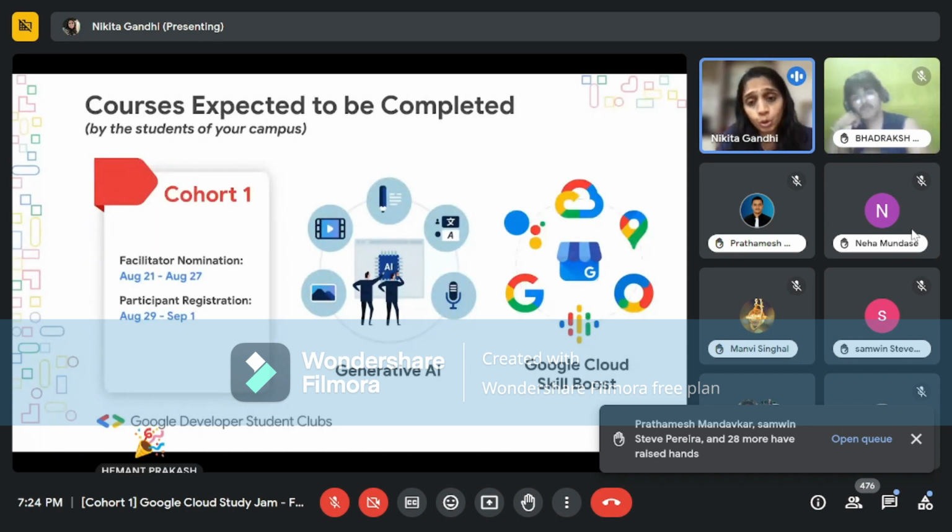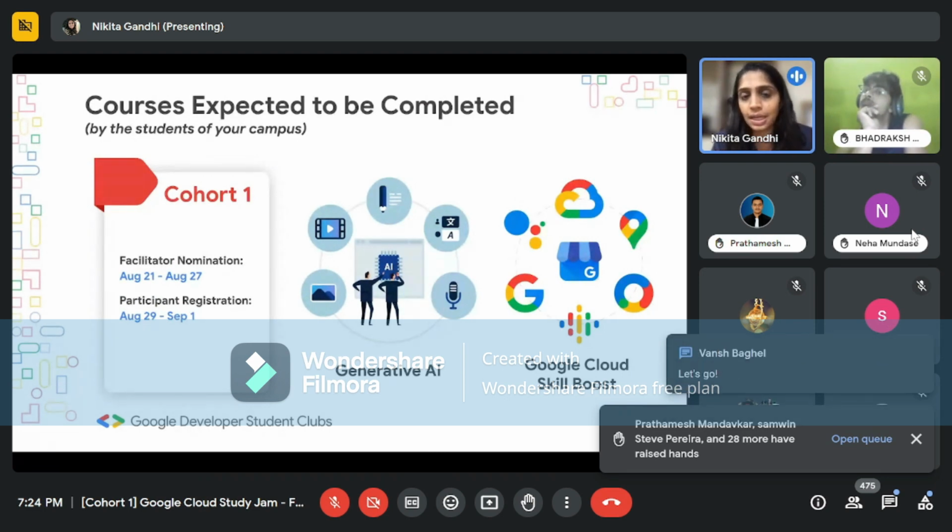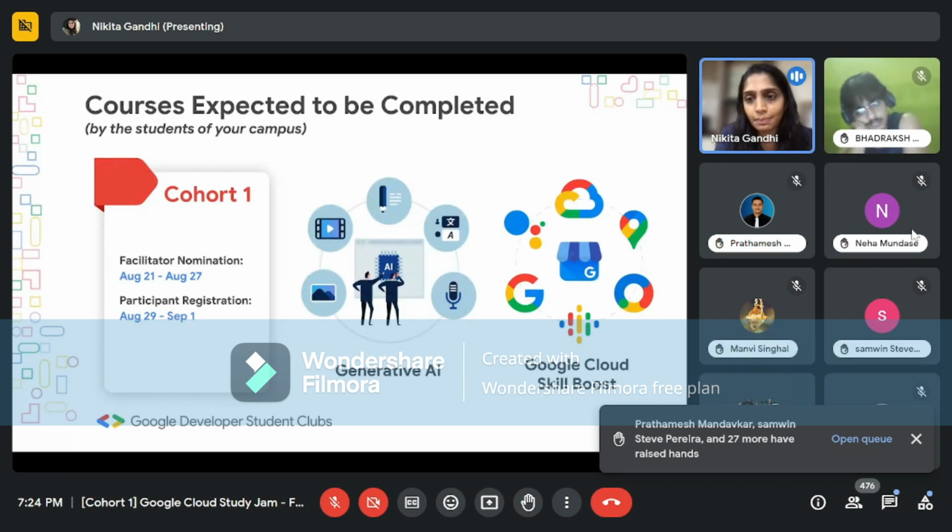And both of these courses, the generative AI pathway as well as the Google Skills Boost pathway link that we are going to share, both of the pathways are counted as one. So when we are allocating you some milestones and we are recognizing your efforts, completion of both these pathways is important.